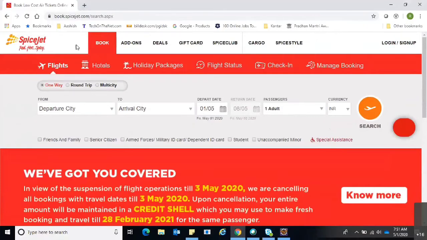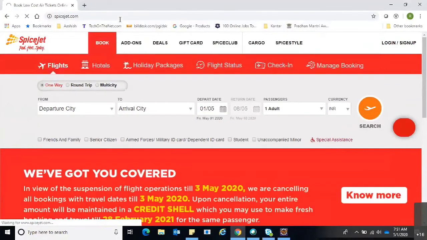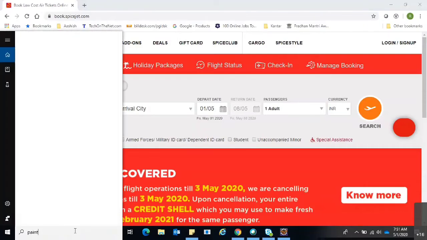Okay. See here, whenever I load the spicejet.com application, it will load this particular page. For handling all these web elements, I'm going to create a page object model. What is this page object model?